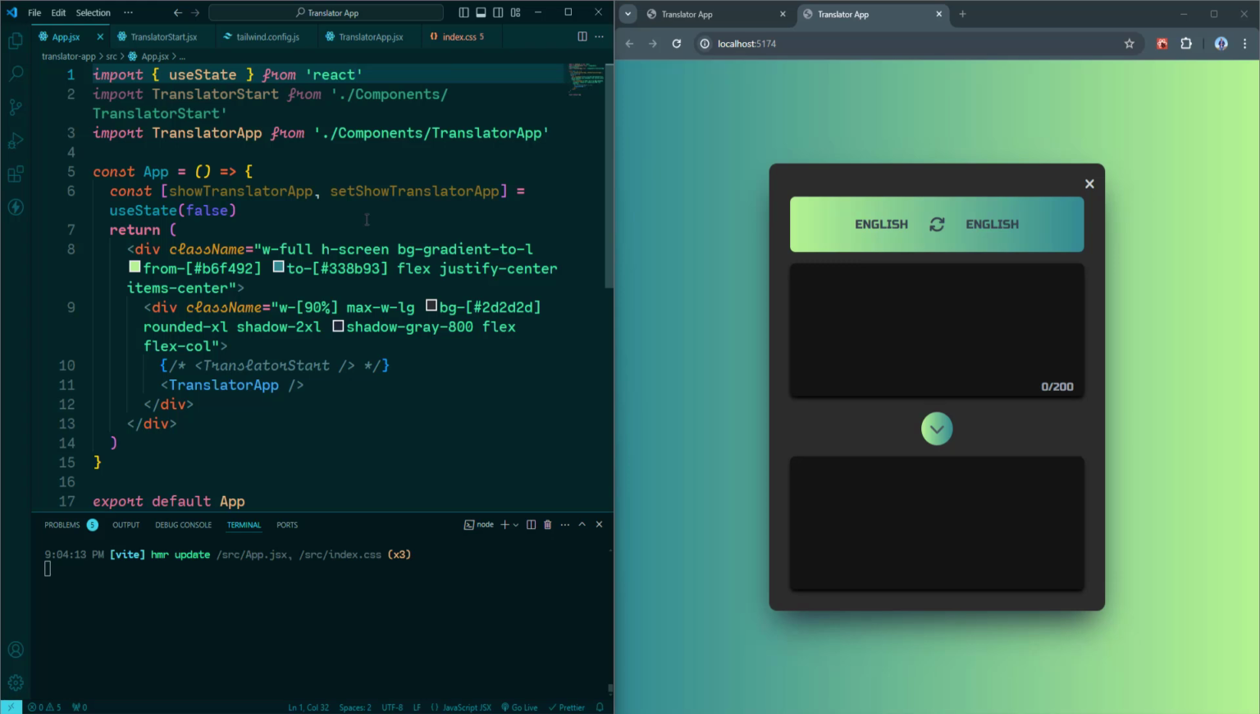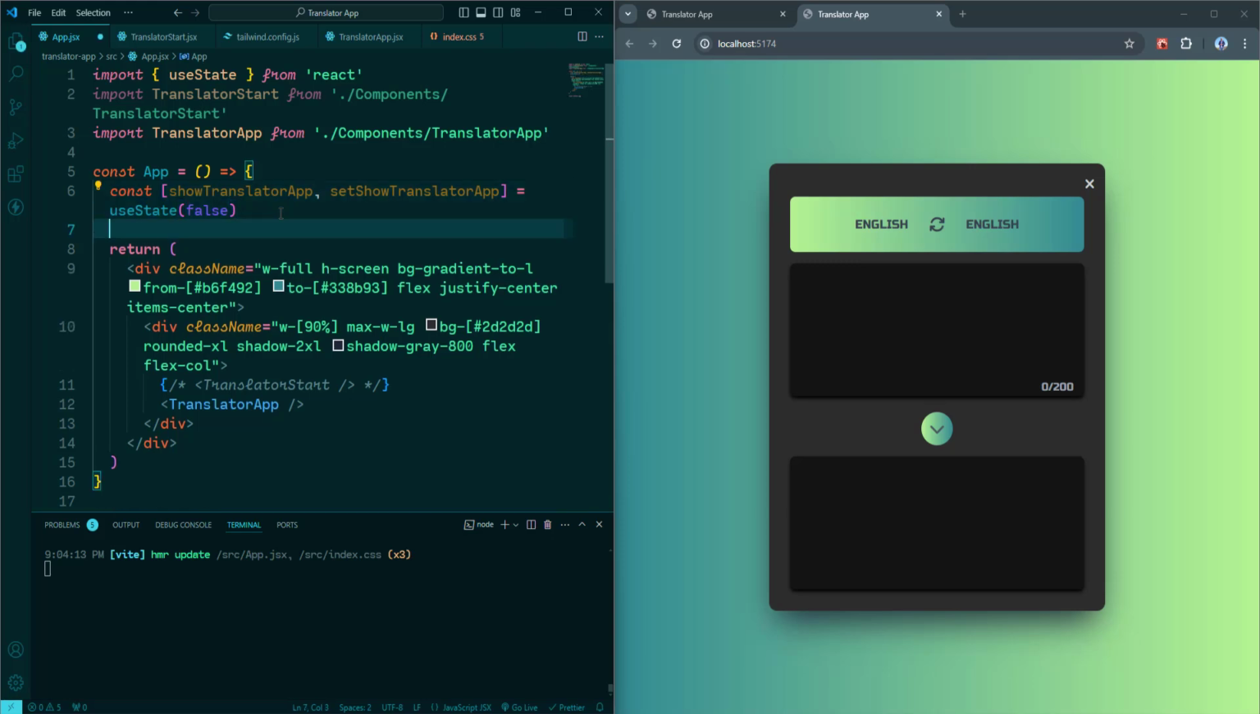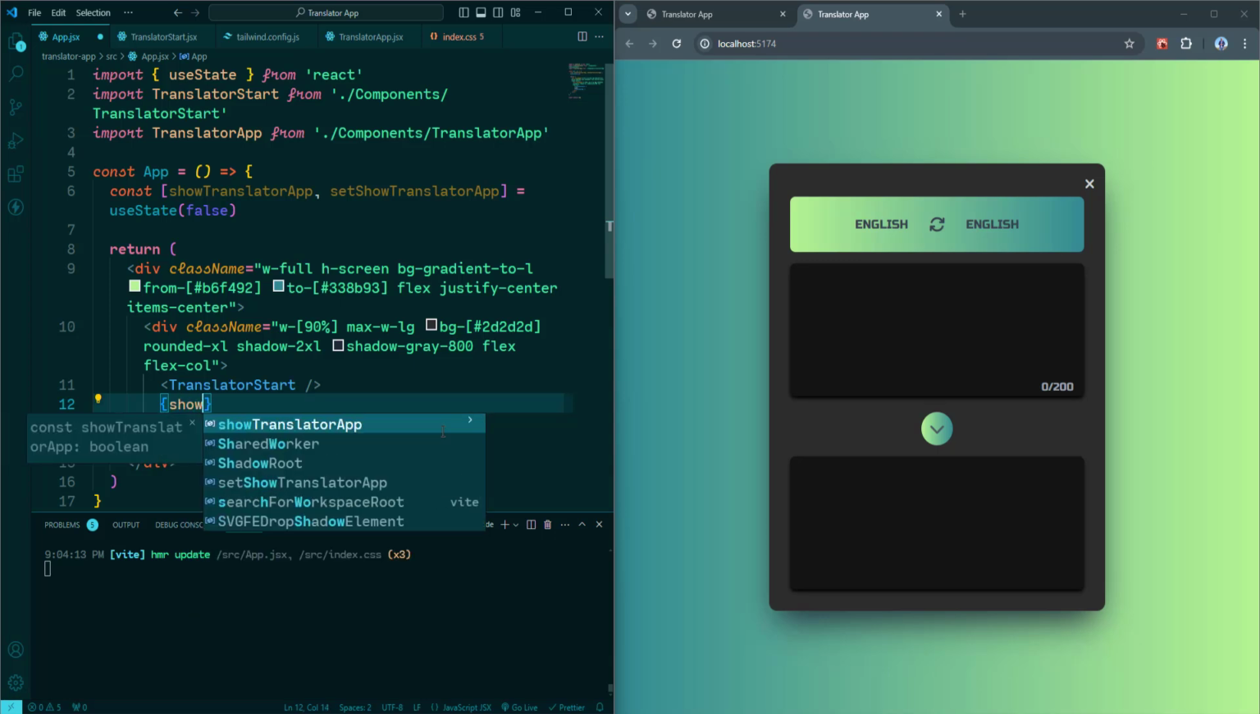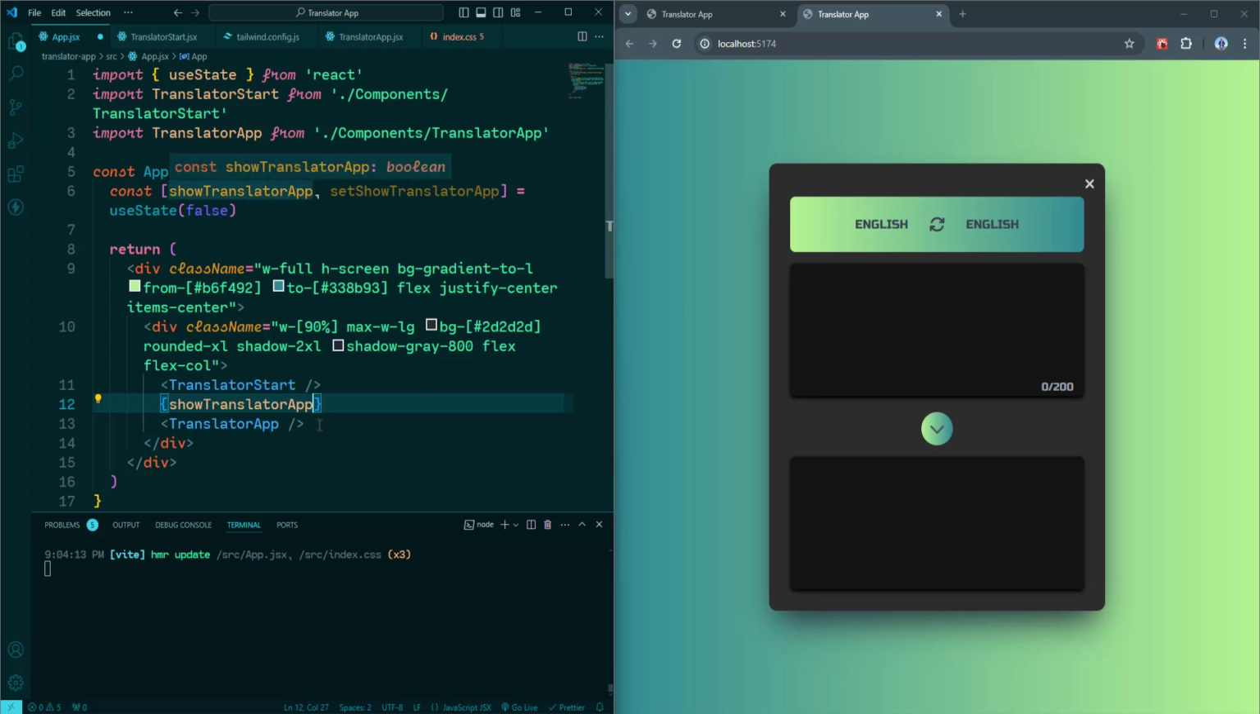So this line initializes a state variable showTranslatorApp and a function setShowTranslatorApp to update its value. The initial value is false, meaning that the start page will be shown first. Now we have to use a conditional rendering. So we have to get back here, translator start, then we need to open curly braces and use show translator up, the variable from the state. So if it is true, then we have to render